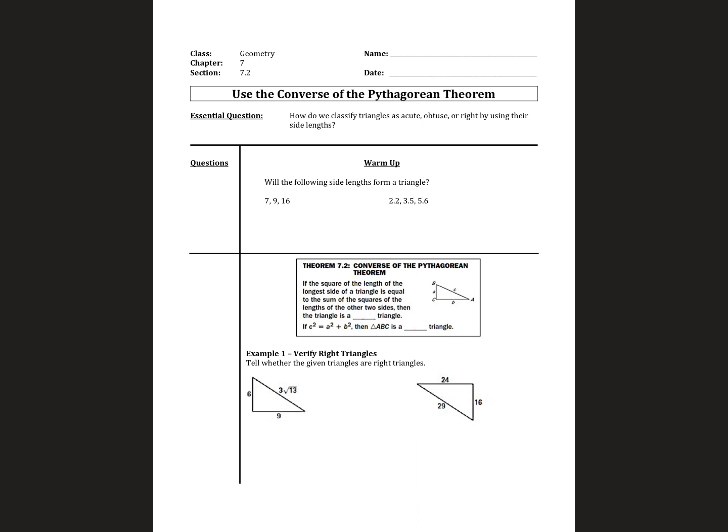We're continuing with Chapter 7. In 7.1, we talked about the Pythagorean theorem, and today we're talking about the converse of the Pythagorean theorem. So remember, converse is like reverse, right? So the Pythagorean